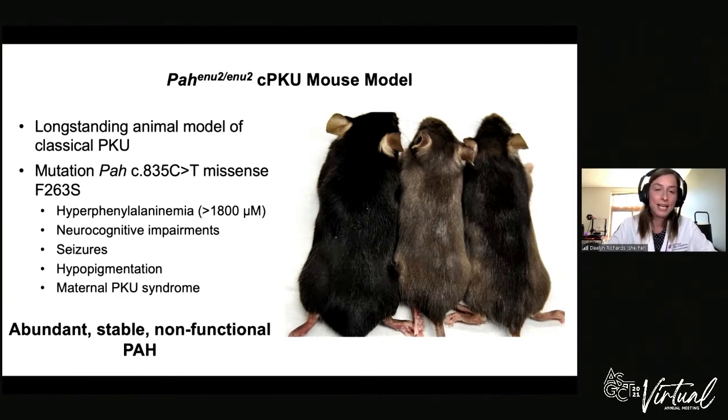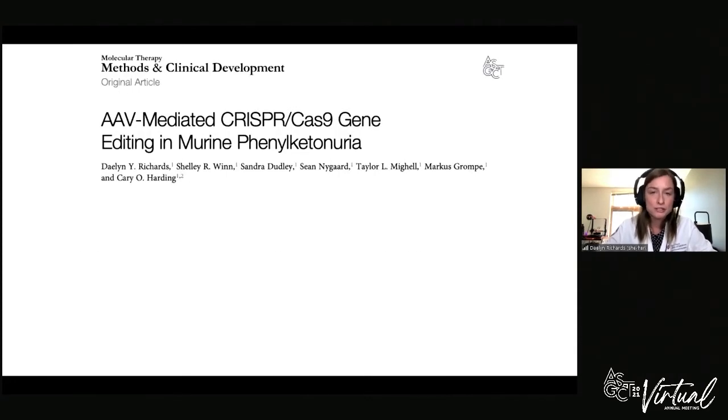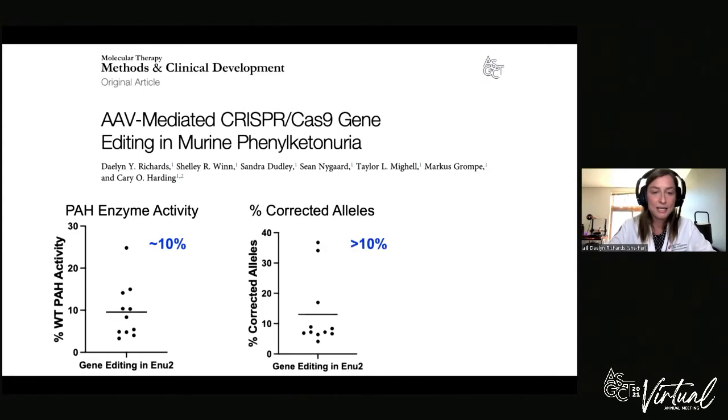Now, one of the many studies performed on this animal has shown that correction of about 5 to 10% of the hepatocytes is sufficient to significantly reduce hyperphenylalaninemia in these animals. And much to my surprise, when I was a graduate student and I performed neonatal gene editing in this model and was able to achieve approximately 10% enzyme activity, confirmed with next generation sequencing of the DNA, showing over 10%